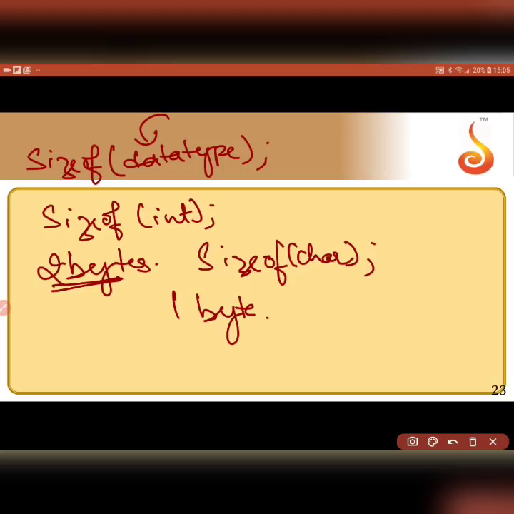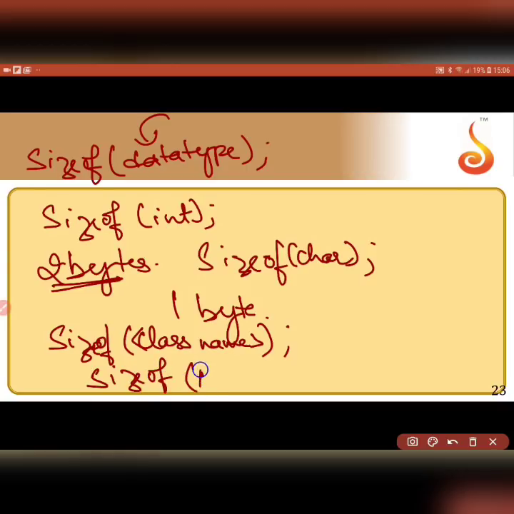The same way, if I say sizeof, as we all know, a class is a user defined data type. Sizeof class name, whichever class you have created. Like for example, in the previous one, what was the name of the class? Array. So it will be sizeof array.